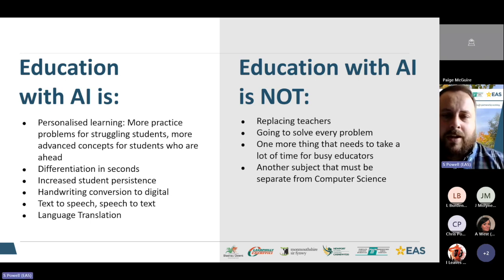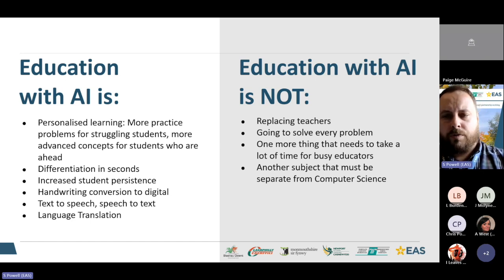But in terms of AI in education, professional development is going to be really, really important. Our teachers can increase engagement. They can offer more tailored differentiation in less time. We should be able to move seamlessly between paper-based and digital learning. Things like handwriting detection, which will automate rote tasks. Things like attendance, parent communications, being able to identify students who need additional support. These are all things that AI is going to be able to do for us within education.